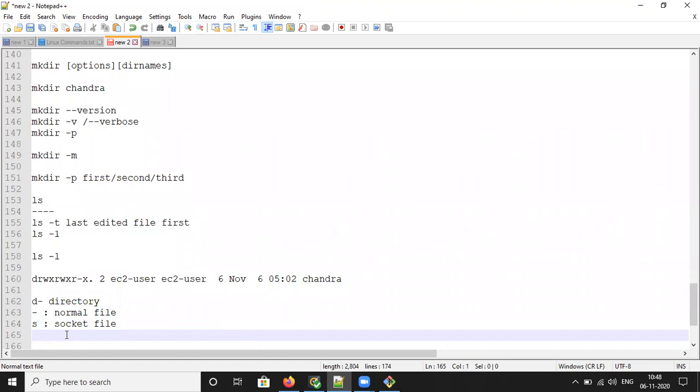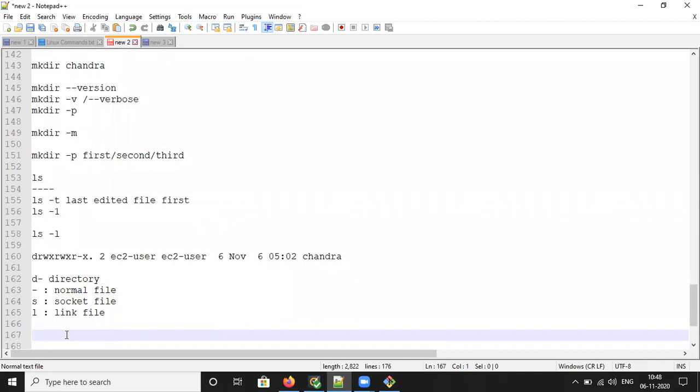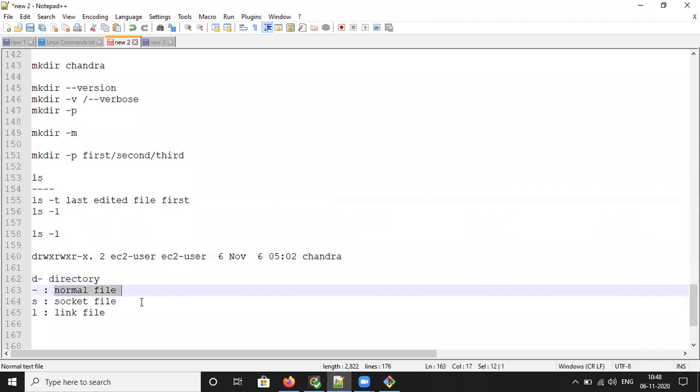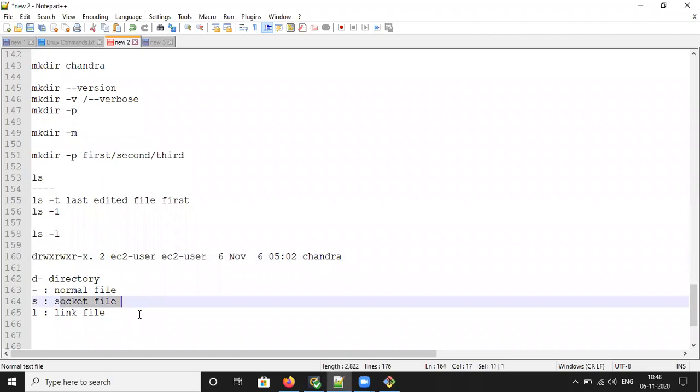And finally L indicates a link file. These are the file specifications while displaying. So here only D is coming, that means it is a directory. There is no normal file, socket file, or link file in this.